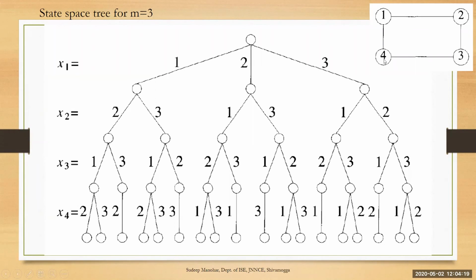Next, increase the color. Change the color to 2. And see what is the color of 3. Color of 3 is 1 once again. Isn't it? So the color of 1 is 1 and the color of 3 is also 1. So vertex 4 can be colored with color number 2.